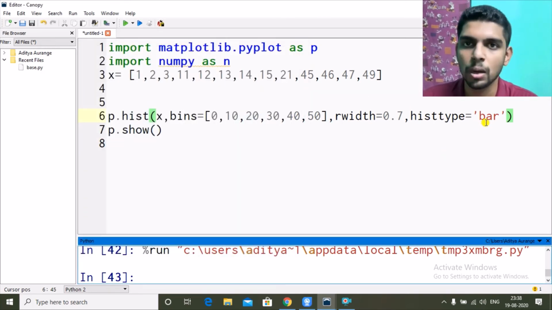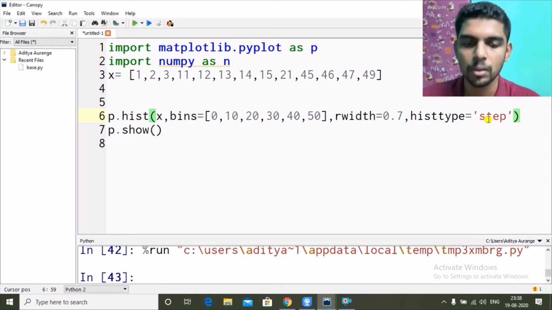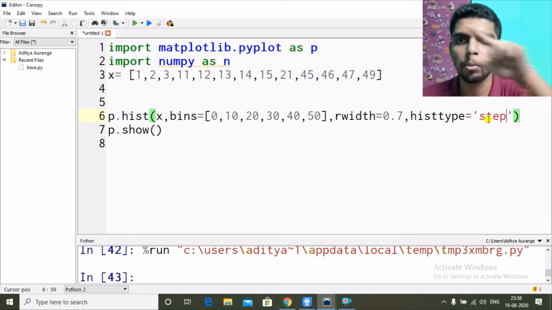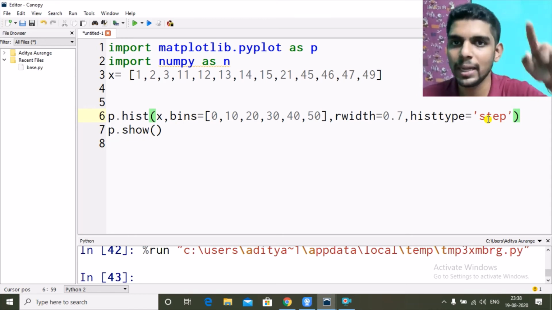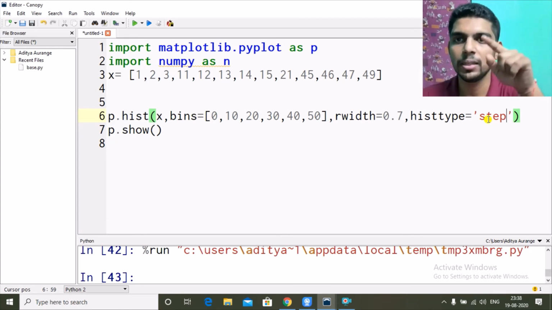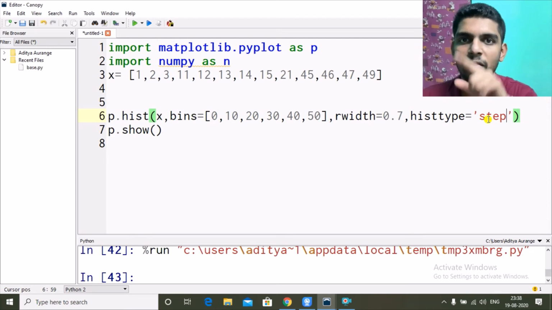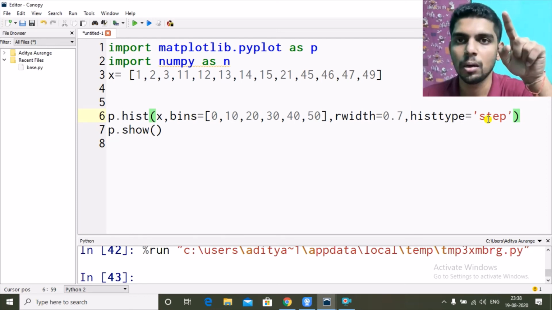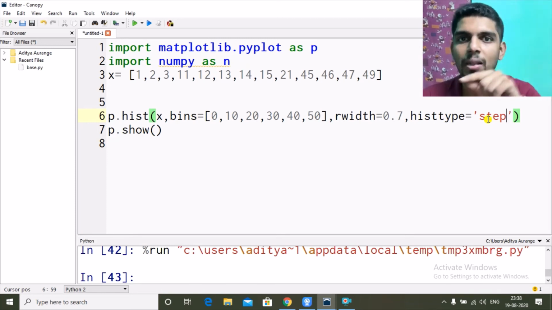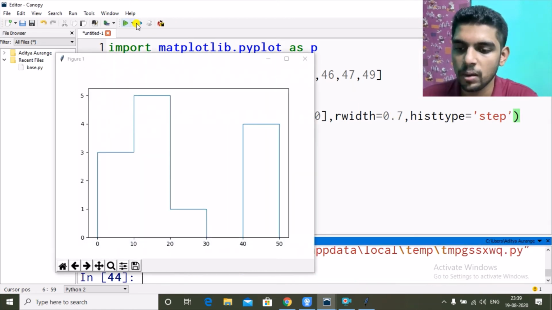Now this is histogram. Now if we want to see frequency polygon, the only change we have to do here is this, from bar to step. So in frequency polygon, we don't see the internal thing, we only see the outer body. The outer body is like the outer edge, which shows us the stepping, how the data is going. So from 0 to 10 we have 5 values, then it will go up to 7 values if we have 7 values in the next interval, then drop down to 2 if we have 2 values in the next interval. If I run it, you can see 0 to 10